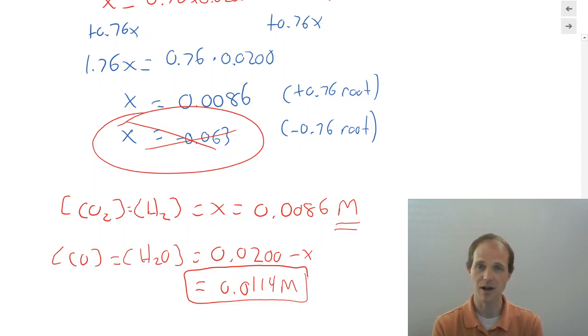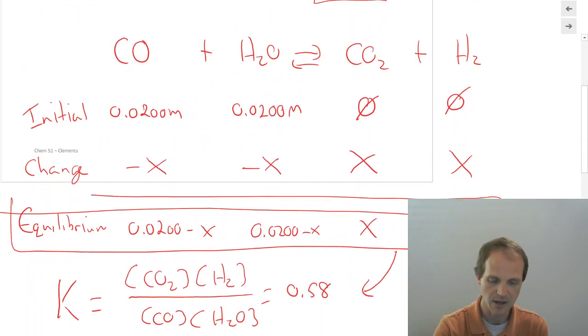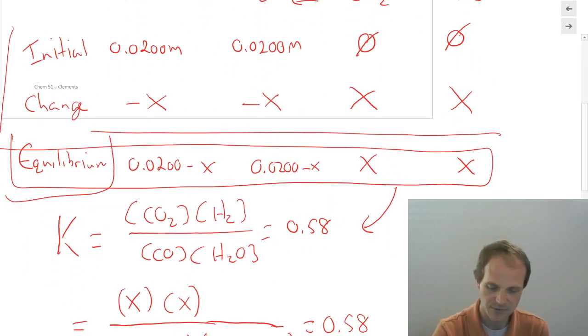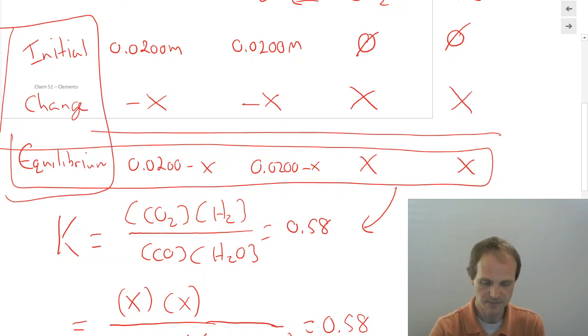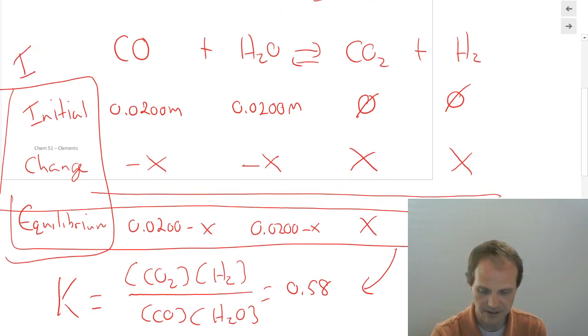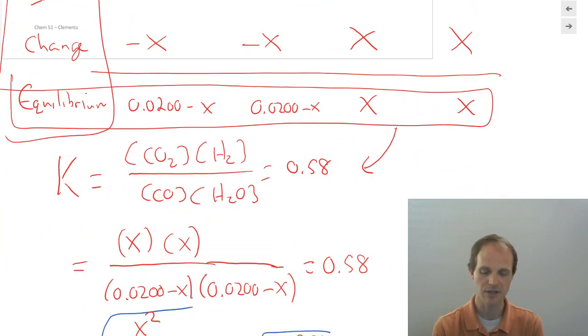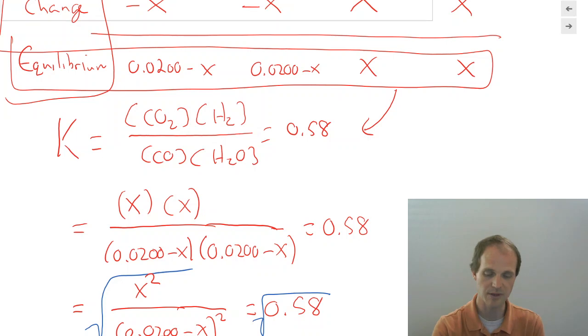So that was kind of a long problem, right? We had to do a bunch of different steps, write out that table of things that changed, and then find our K expression. Let me scroll up here. We had to write out the reaction, figure out what we started with and what changed. This little thing of writing out initial, change, and equilibrium, people have a name for them. They're called ICE tables. And so we're going to use ICE tables all the time, initial, change, equilibrium, in order to set up these kind of problems. Once you write out your ICE table, you write out the equilibrium expression. You substitute in that equilibrium line into your equilibrium expression, and then you solve.